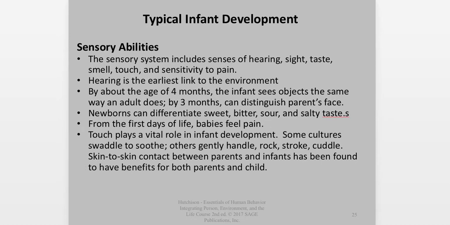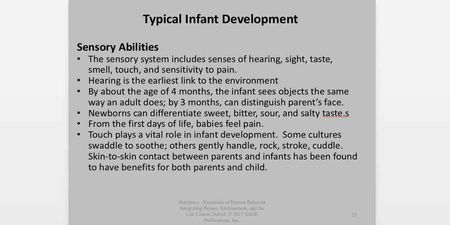The sensory system also is activating and developing during this period of time: sight, taste, smell, touch, pain. The text says the infant's ability to hear, for typical infants, those that aren't born deaf, is the earliest link to the environment.